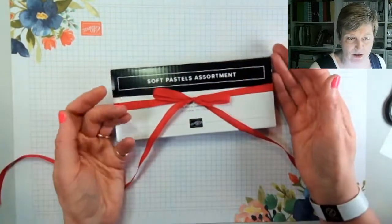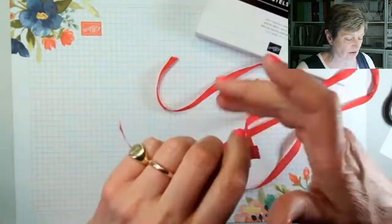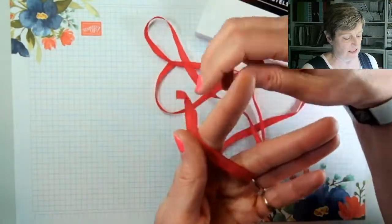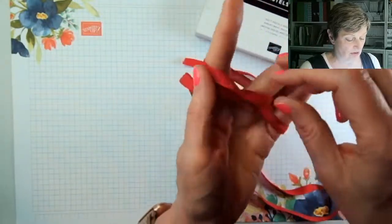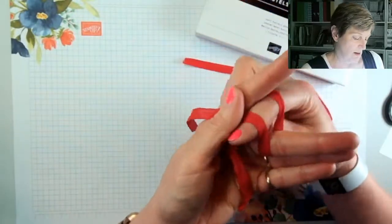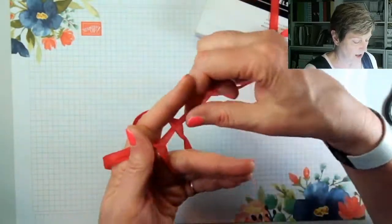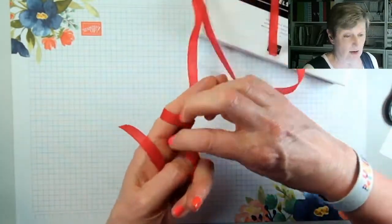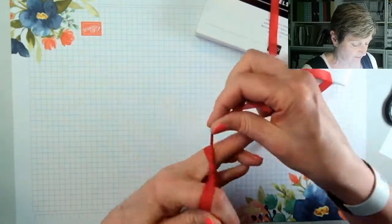Now you can do it round a fork. I haven't quite worked that one out yet. I'm told you can do it round your fingers as well, and it goes something like you do that and then you go, without such a long piece of ribbon, you go through, so you've got your two ends that way, you go underneath everything, and then you bring those ends together, preferably without tying your fingers together. Tie them in a half knot, the ends,